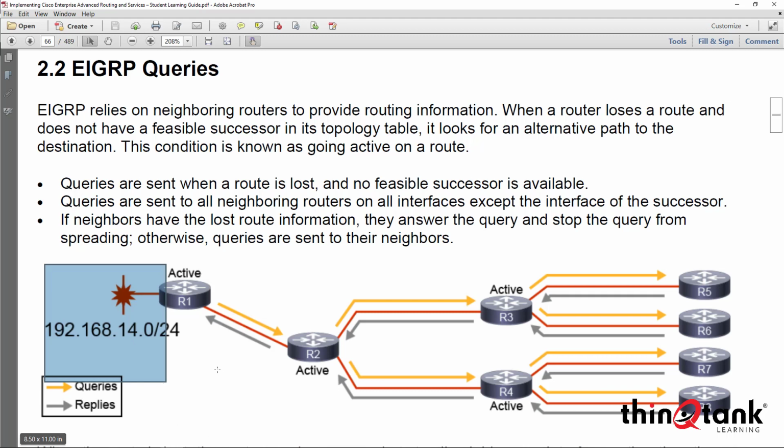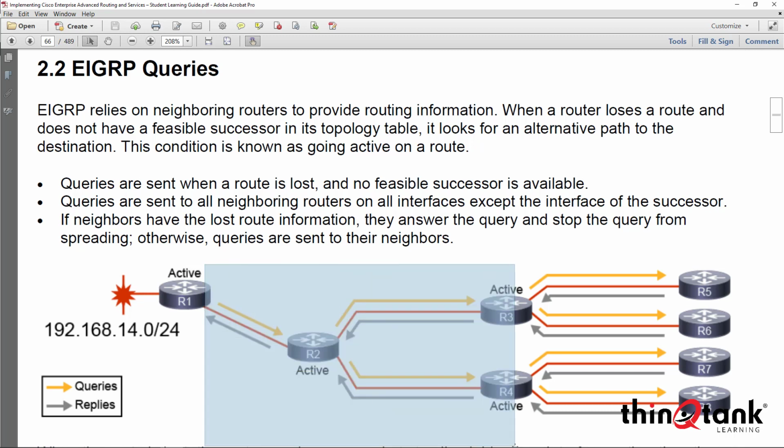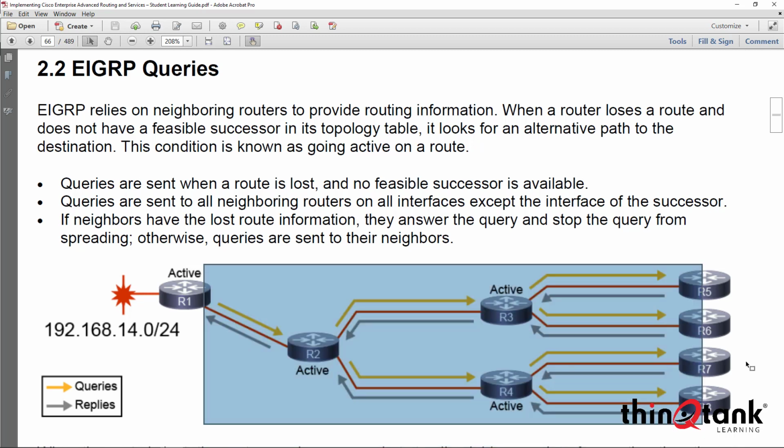Now, by definition, these routers to the right of router 1 are what we refer to as stub routers, not in the context of EIGRP, but in the context of general routing capabilities, right? A stub router is, in essence, a router that only has one way in and one way out. So, in other words, there's no way that router 5 would ever consider going anywhere else but router 3 to